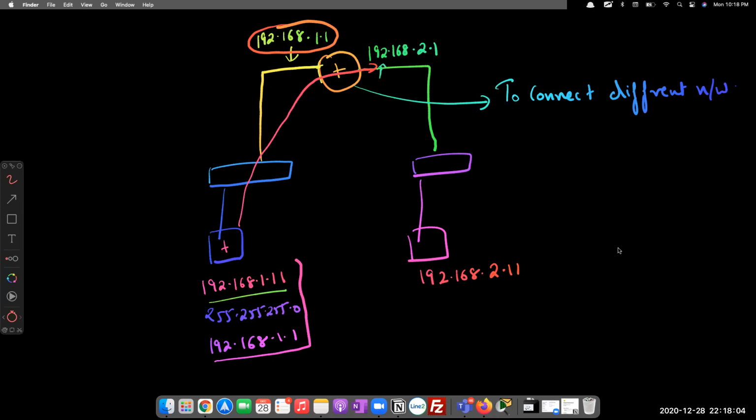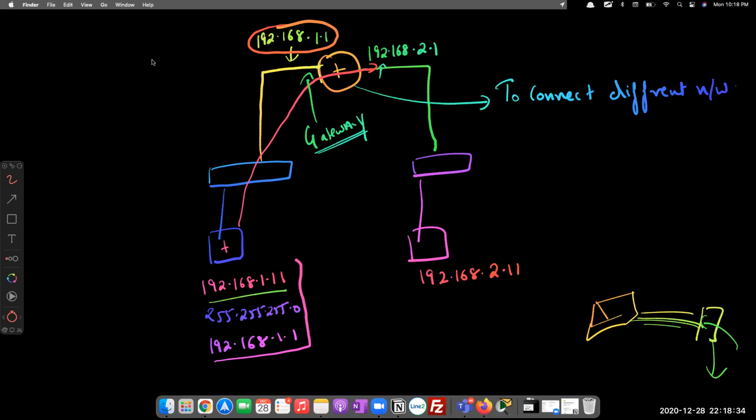It means, when you, this is your home or something, right? Suppose you want to go outside, so you always use the gate, right? So that you can exit and you can enter from this gate. So it's like that. The router IP address is working as a gateway for you. So this is my gateway, because to connect with a different network, I'm going to use the router IP as my gateway.